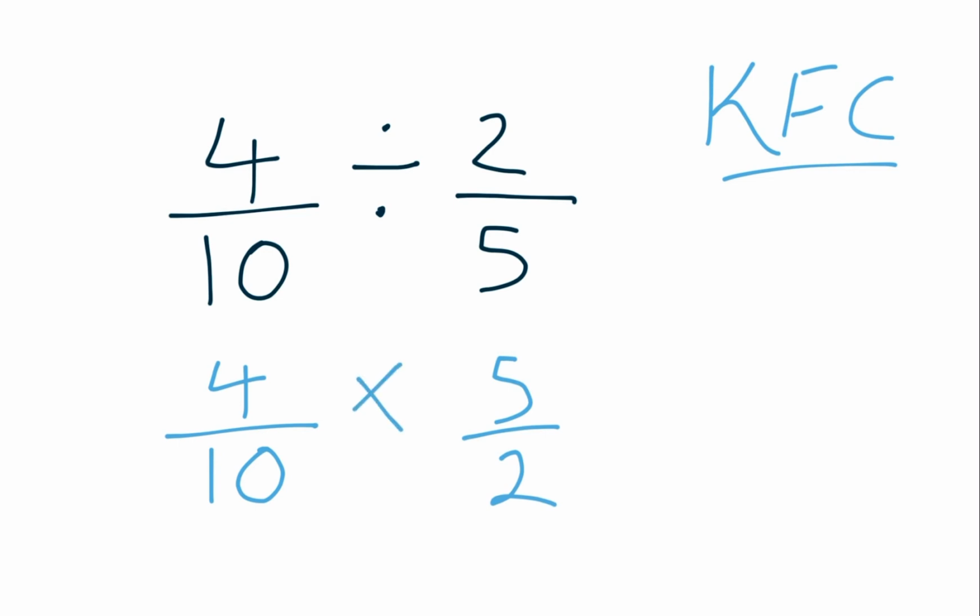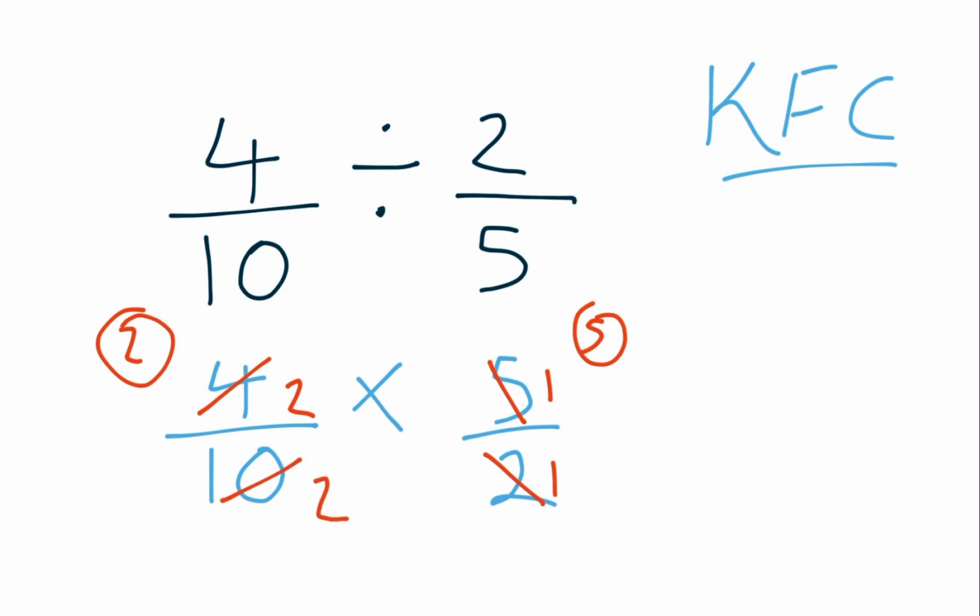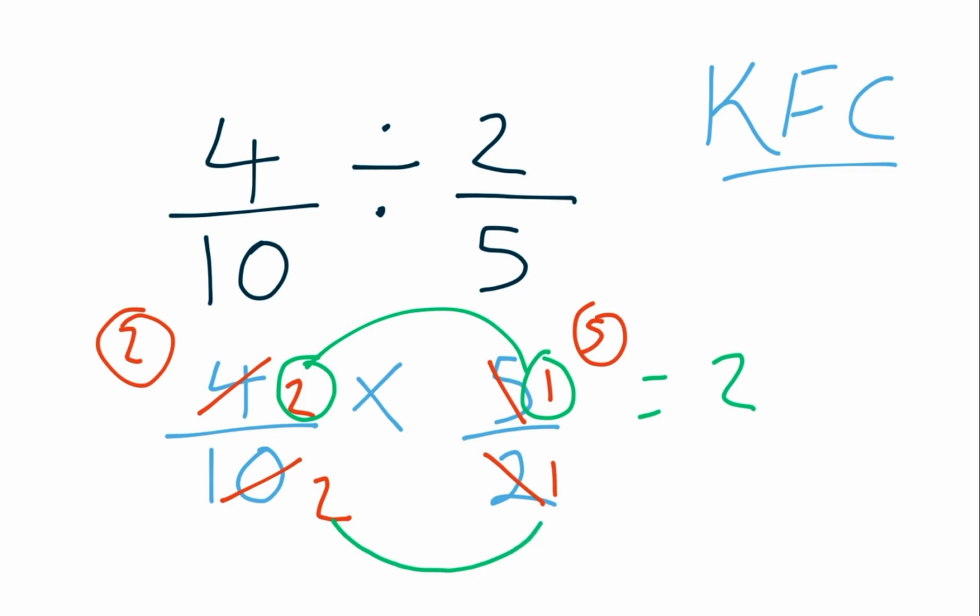Let's have a look at the two diagonals this time. We have 4 and a 2, so 2 goes into both numbers. So 2 goes into 4 twice, and 2 goes into 2 once. We have a 5 and a 10. 5 goes into 5 once, and 5 goes into 10 twice. We then use the rainbow method. So 2 times 1 is equal to 2. 2 times 1 is equal to 2. And 2/2